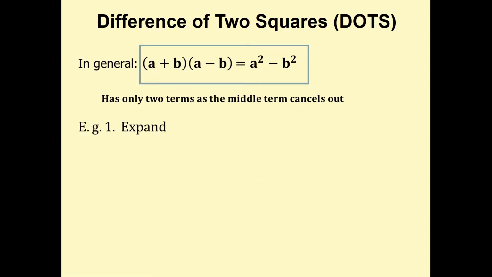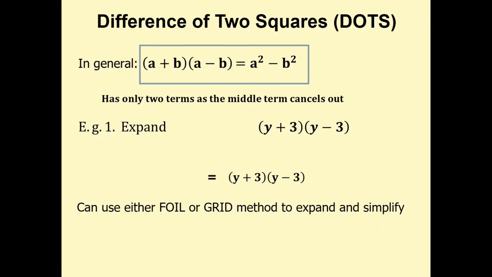So we'll quickly have a look at another example. Says expand and simplify y plus 3 into y minus 3. So this is in that form, so y plus 3 into y minus 3. So I can use either FOIL method or grid method. So in this case, I'll stick to the FOIL method. So we'll multiply first terms together. So y times y is y squared, then y times negative 3 is negative 3y,